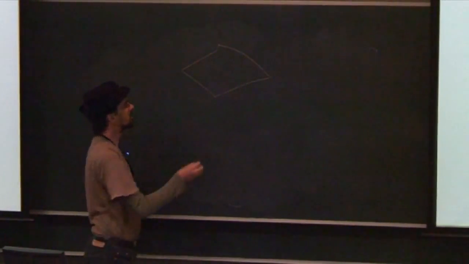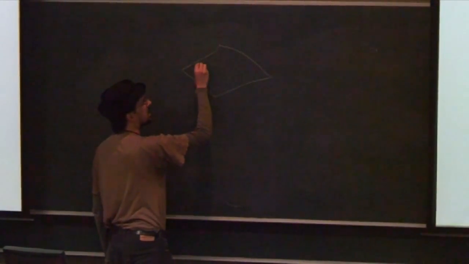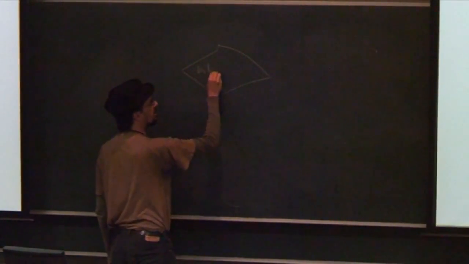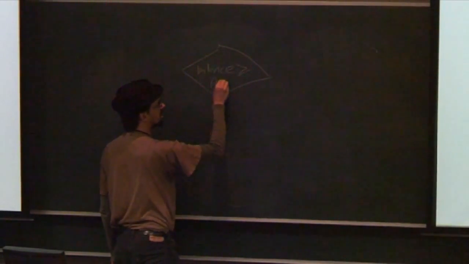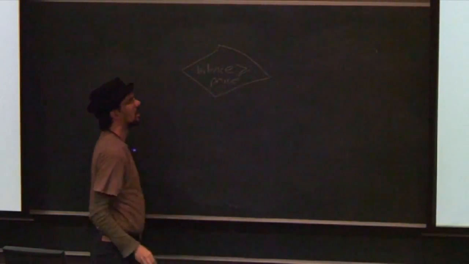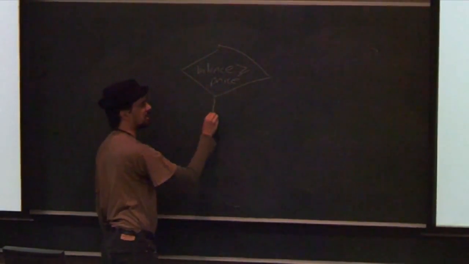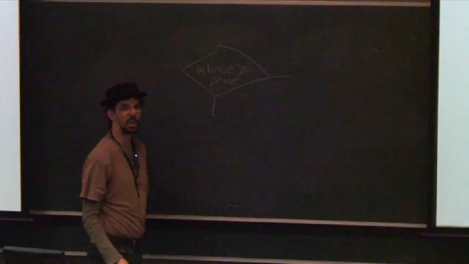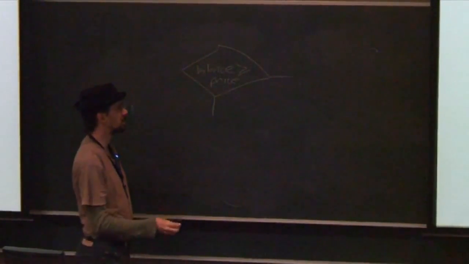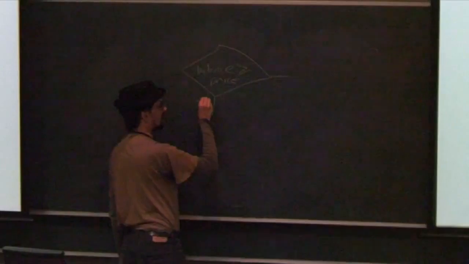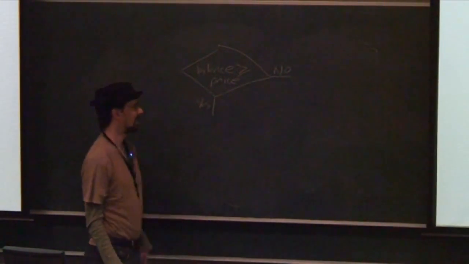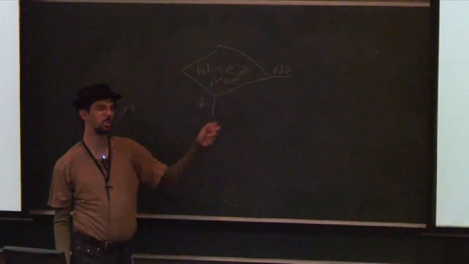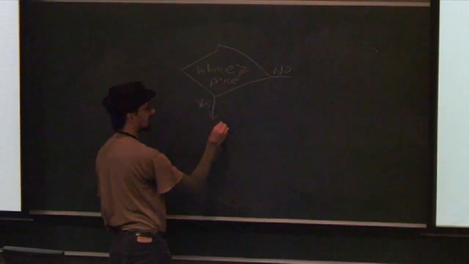which is a test, which for example in this case says, is balance greater than or equal to price? Okay, and then normally you have two exits from a diamond box, one marked yes and one marked no. And this is where you branch your code, and if it's yes, the balance is greater than the price,